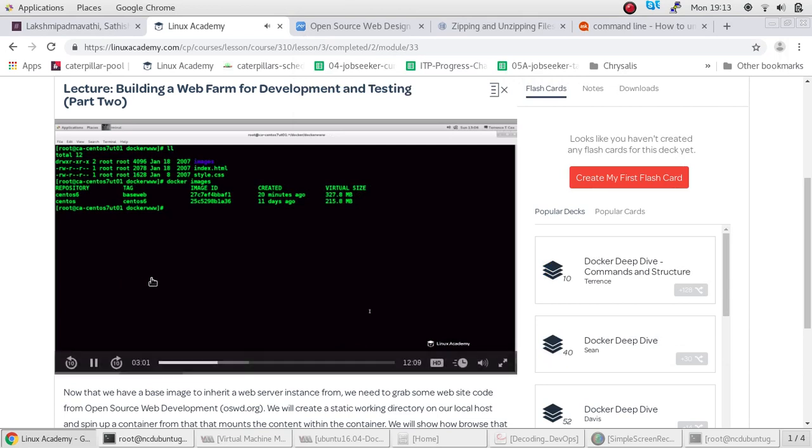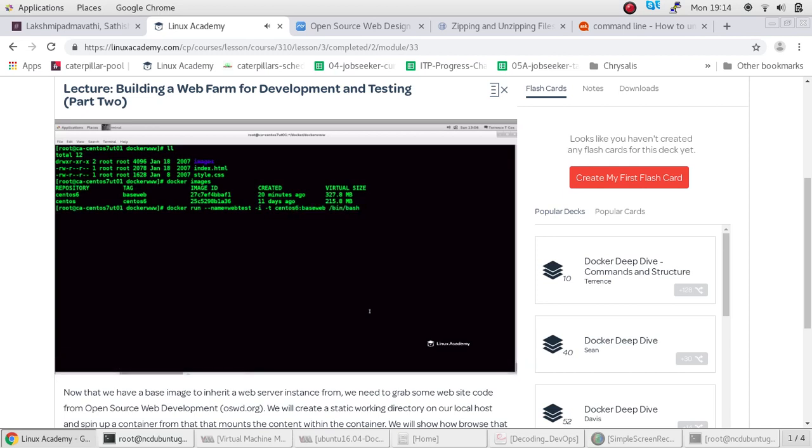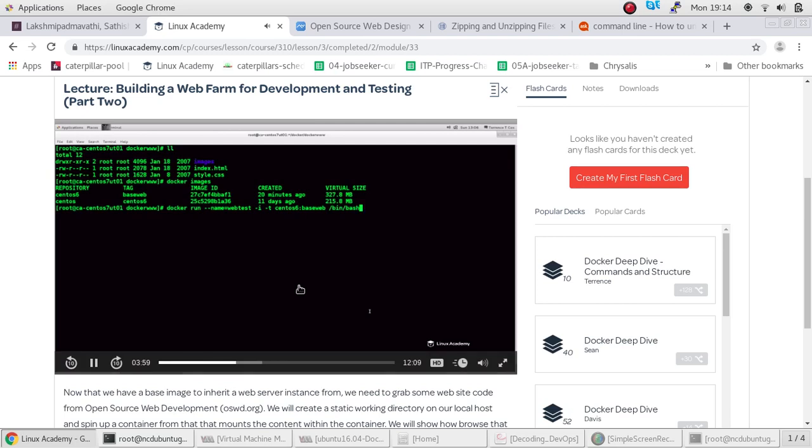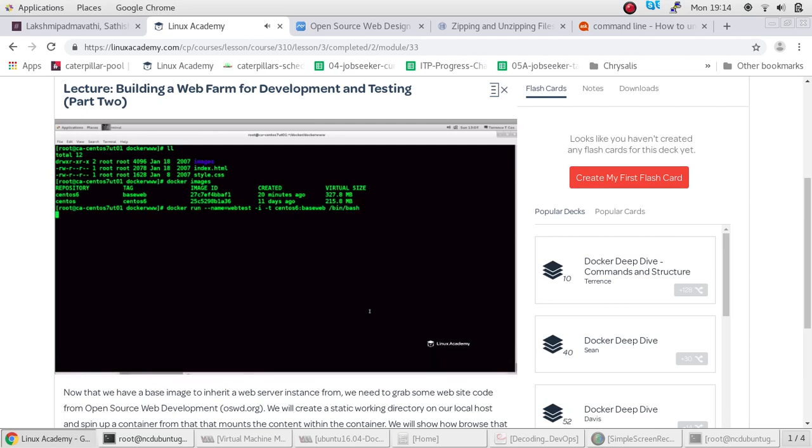Our CentOS 6 base web, so we can create an actual container that we can share, and run bin bash. Now, because this base web has an SSH daemon, but in this case we won't need to do